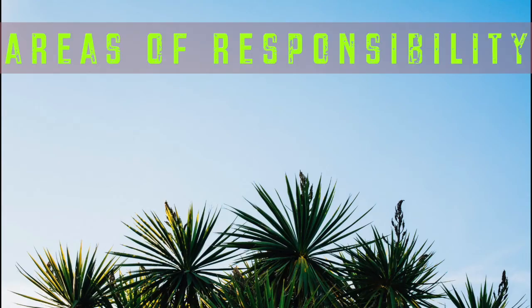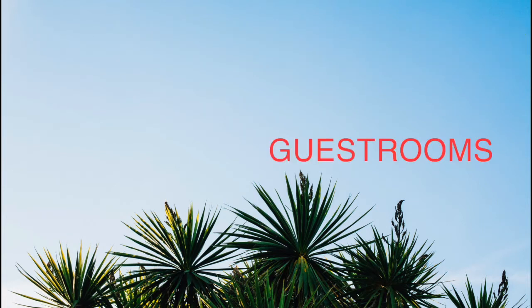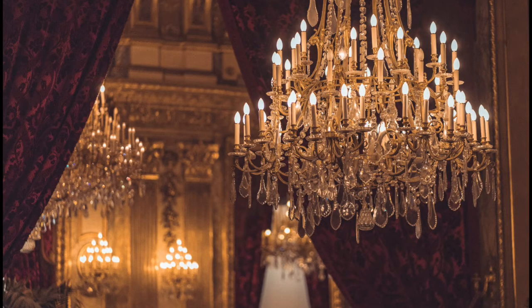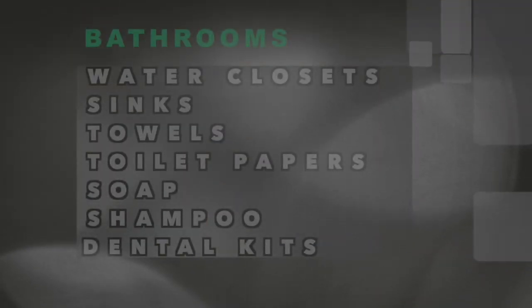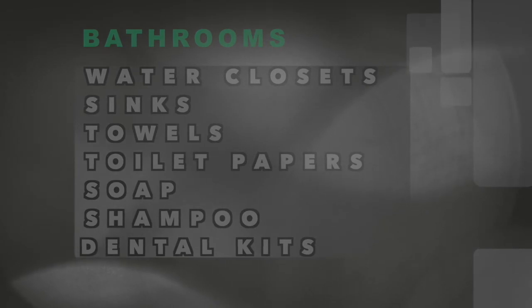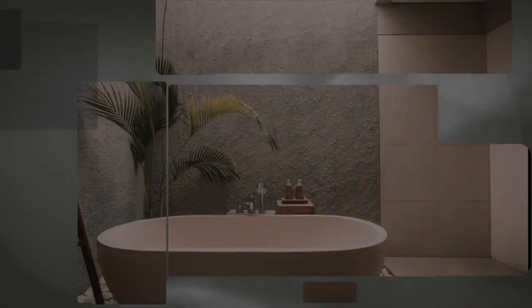Alright, getting back to your brainstorming activity, the areas of responsibility that hotel housekeeping has are varied. For example, the first and most important being guest rooms. They're of various types, for example, the presidential suites, deluxe rooms. Going on to the guest bathrooms, these include the water closets, all the faucets in the bathroom, sinks, supply of towels, toilet paper, soap, shampoo, dental kits, and all other bathroom amenities and supplies that are required for a guest